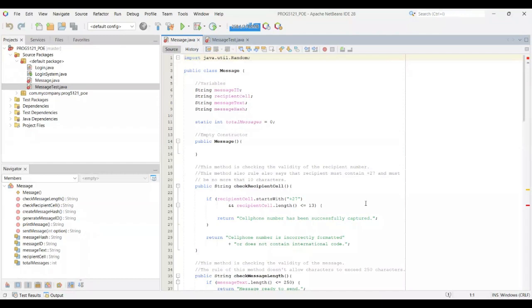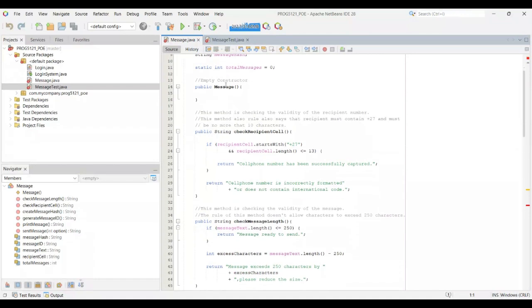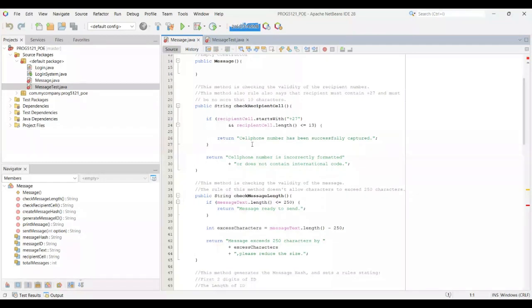So this is my scanner, and here are my variables. Here we have string message ID, recipient cell, message text, and message hash. And then here we have the empty constructor, and then we have the check recipient cell method. In this method, you're basically just checking the validity of the recipient number, and this